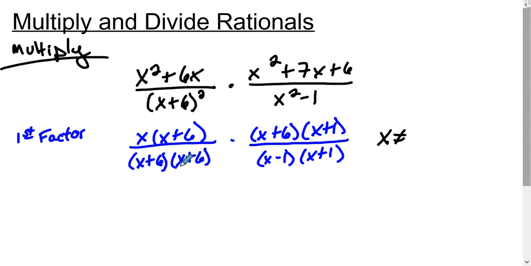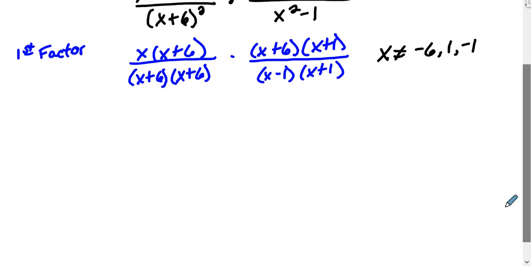So for this one, even if you can't see, just set them equal to 0. For this one, it would be negative 6. For this one, positive 1. And then for this one, negative 1. So knowing in the end, if we lose any of those, we do have to state them in our final answer. Okay, so now that we've factored them, typically what you're going to do from here is now write it